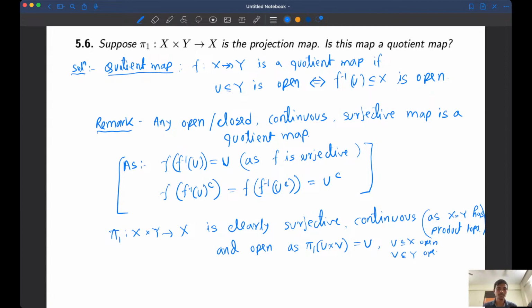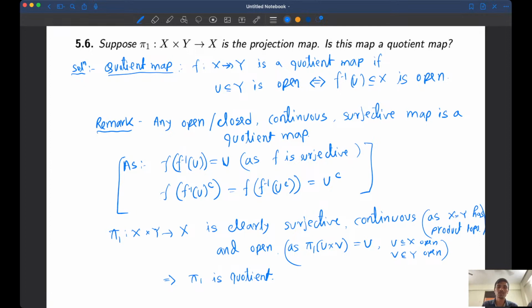So hence pi 1, and similarly the projection onto the second coordinate, will again be a quotient map. Any projection map from n many copies to any coordinate is again a quotient map. Related to this, from the remark that any open or closed continuous surjective map is a quotient map,